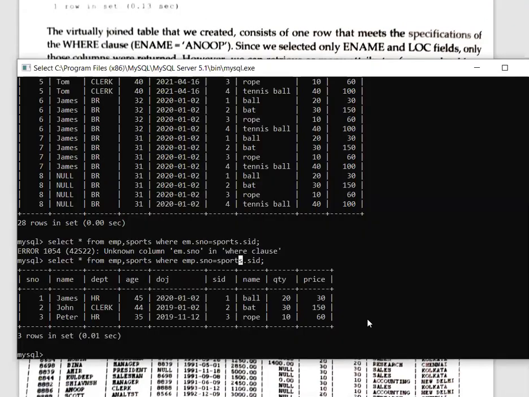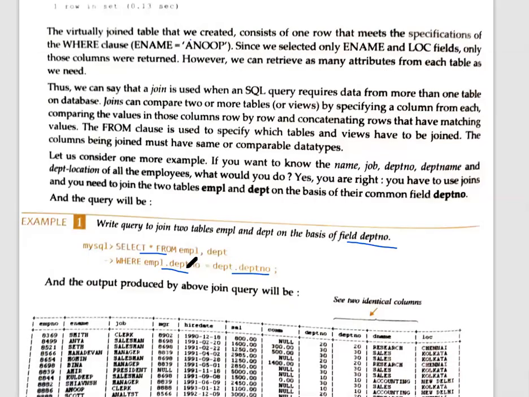Now see one example that I have shown you. With that you will understand that it is not compulsory that the column name has to be the same. The compulsory thing is that the type of value must be the same. Again I am repeating, it is not compulsory that the column name be the same, but the values must be the same. For example, here serial number, here SID. No problem, it will work. Most important thing is they must have the same value.